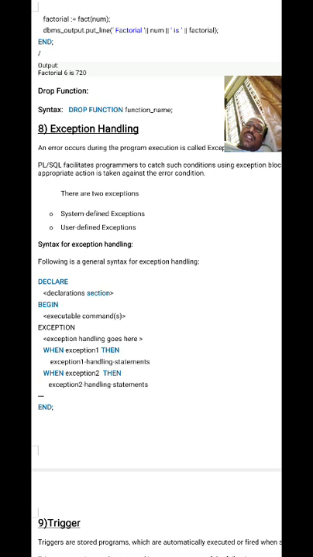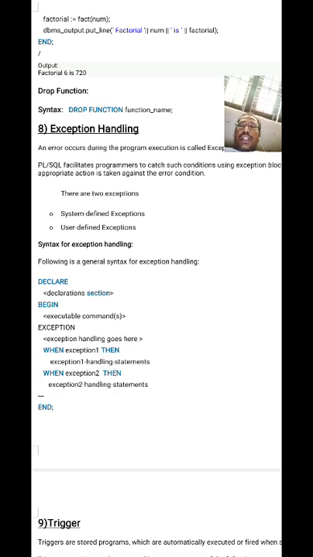Following is a general syntax for exception handling: declare section, begin, executable commands, exception. Exception handling goes here: when exception 1, then take the action. When exception 2 occurs, again take the action. Like that, you can write or take the actions. Right. It's very simple in PLSQL.